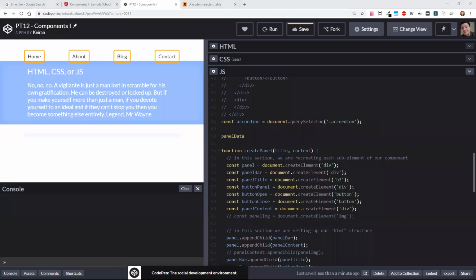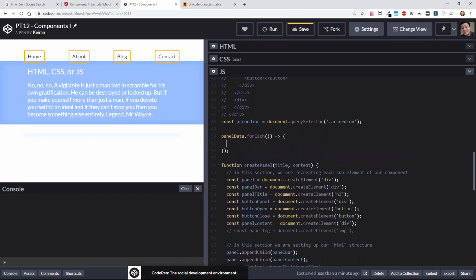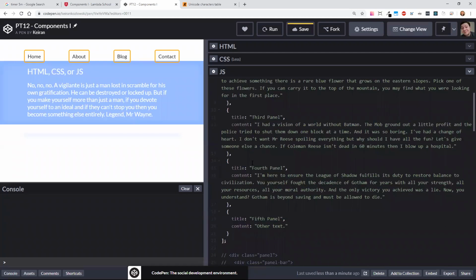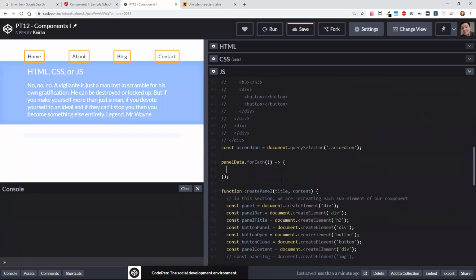A new for each loop, we can do an arrow function like map, right? Yeah, we can do map or for each. Those are kind of the two main options. I'm going to stick with for each for now. So what we're going to do here is we're literally going to loop over each object in this panel data array, which is right here. So this is just our array of objects that we're using. So we're going to iterate over that array, and for each